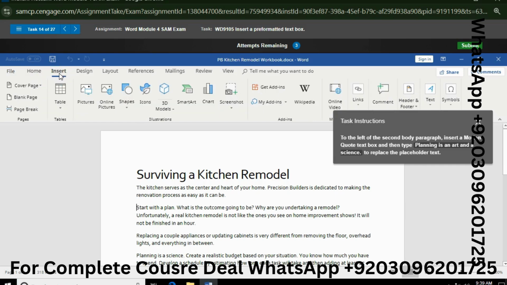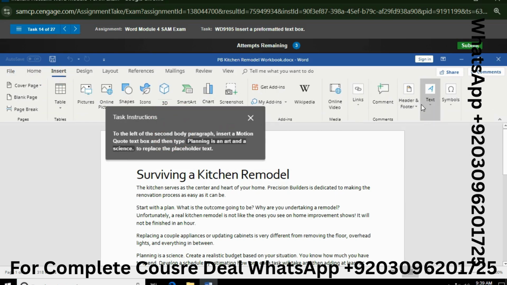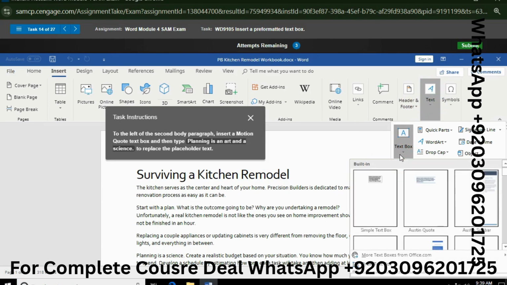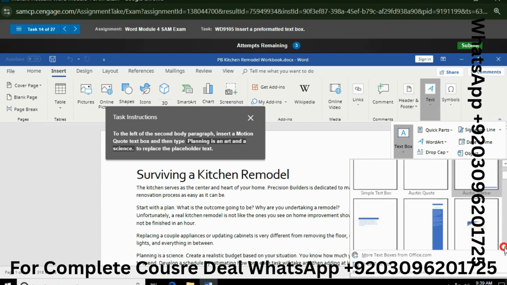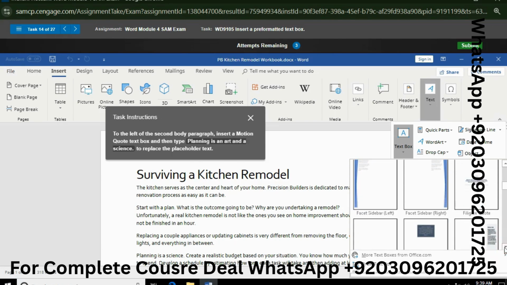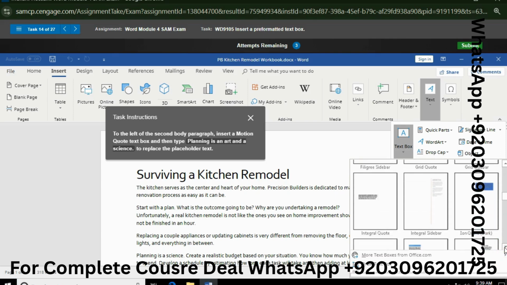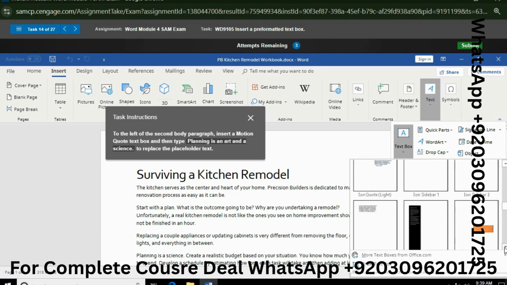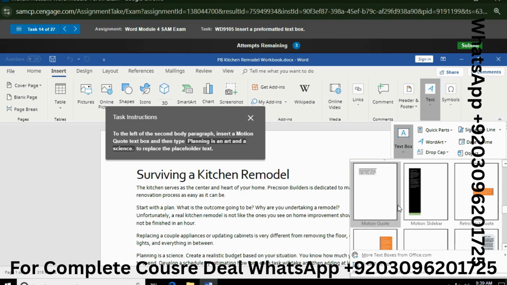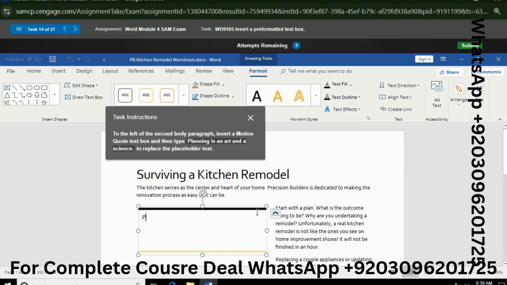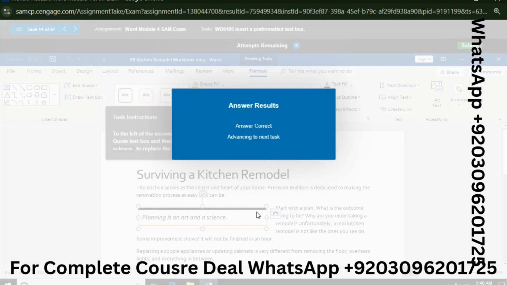Go to insert, text box, click on this text box and then click on motion cue, this one, and now type: planning is an art and a science. Our answer is correct.